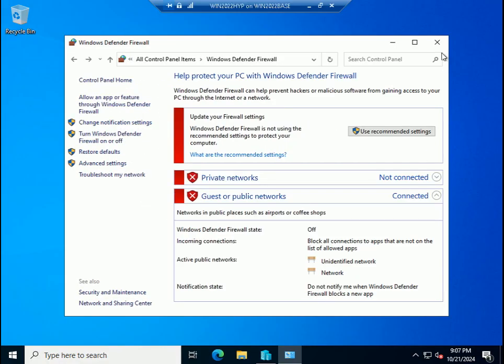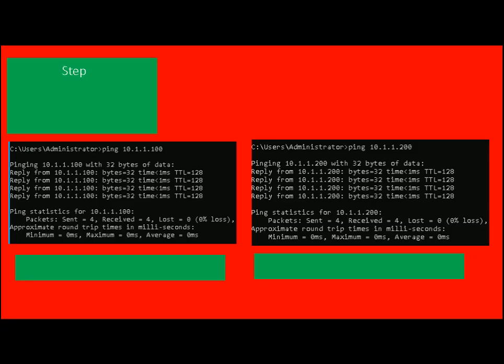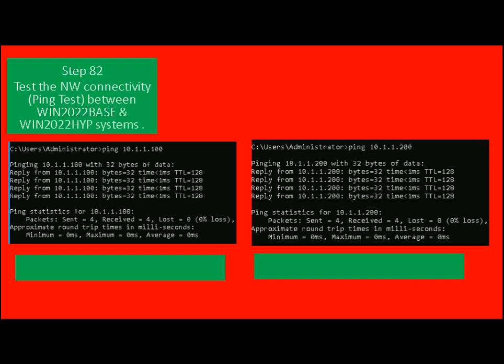I will say OK. Close this. Okay, so now next step, now we need to check the connectivity between both the systems. So test the network connectivity, ping test between Windows 2022 base and Windows 2022 HYP system. So what I will do is,